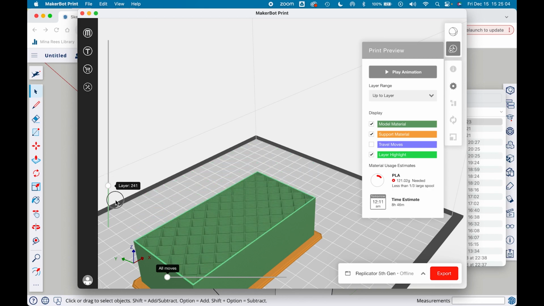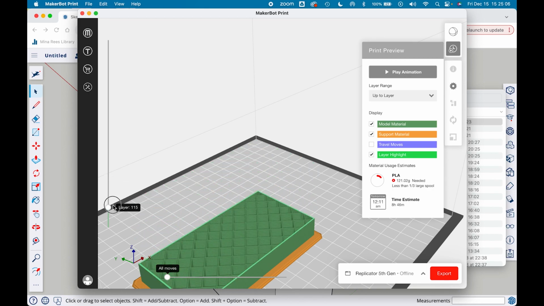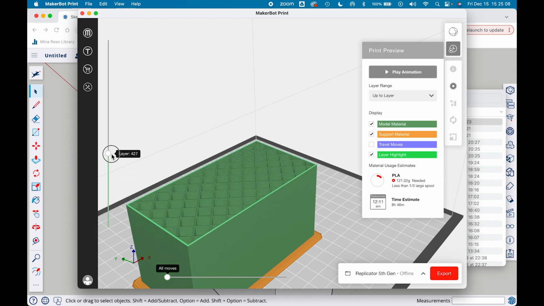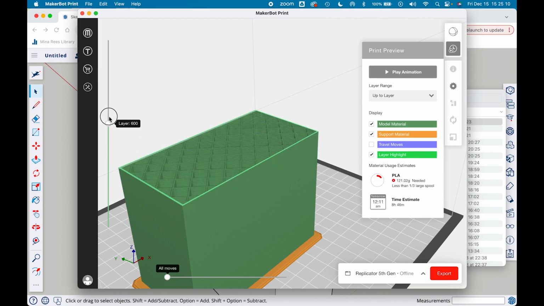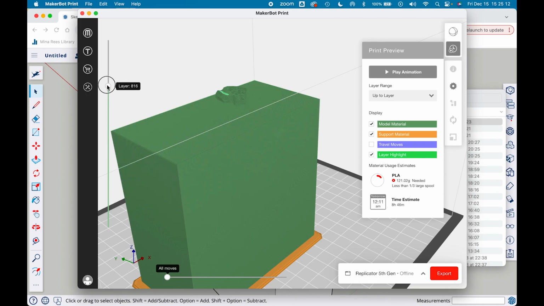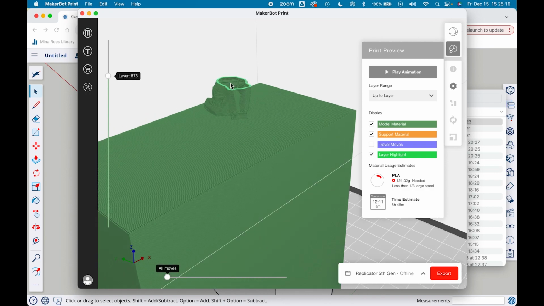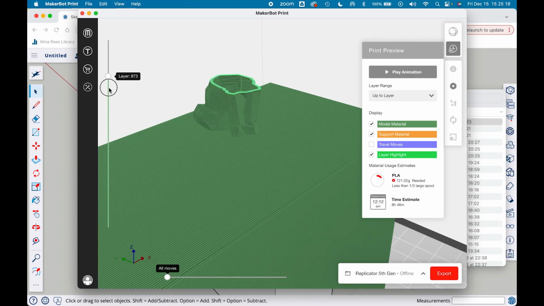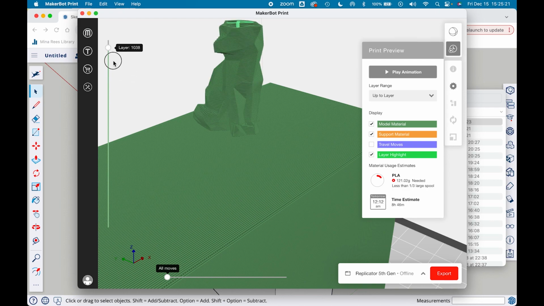As you can see with this box, what MakerBot has added is a kind of lattice or waffle structure on the inside, so that the box has some structure and some strength. And on top of that, you can see all the individually highlighted layers that make up the fox there, right up to the top. Useful on the right here, you've got material usage estimates, so 121 grams, less than a